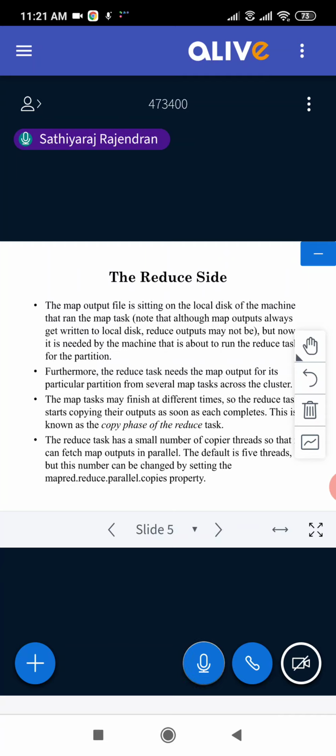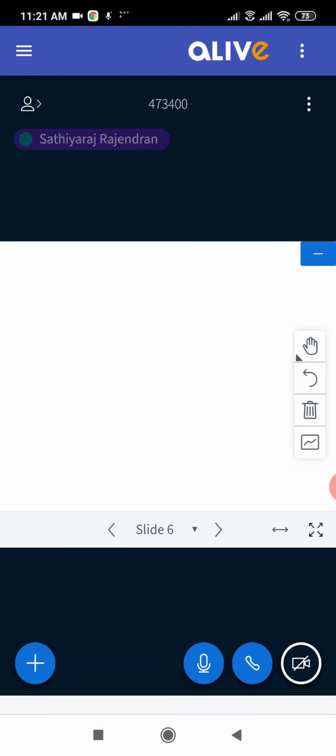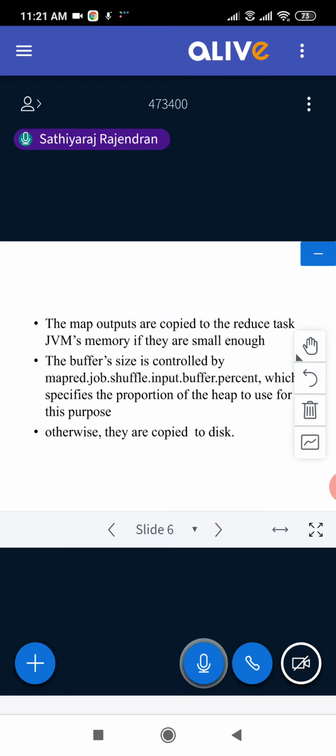If you have 10 partitions, I will get 5 partitions from this. After merging these 10 partitions, it results in 5. That is called the combiner. At last, you can see a single value, which is done by the reducer. So this is what happens in the reduce phase. When you talk about the reduce phase, you should talk about the merge phase. That is what we're talking about: merge.